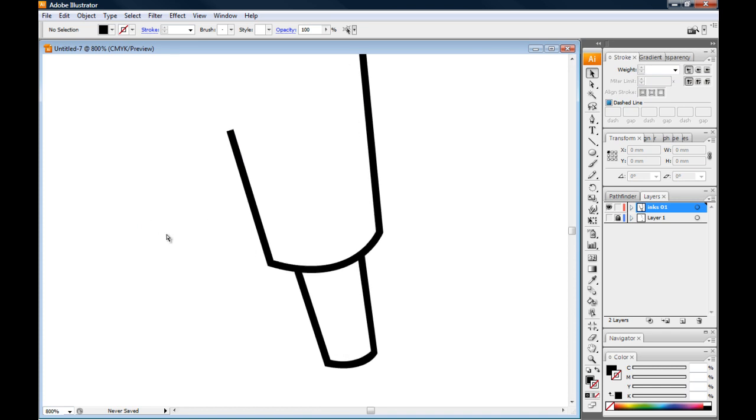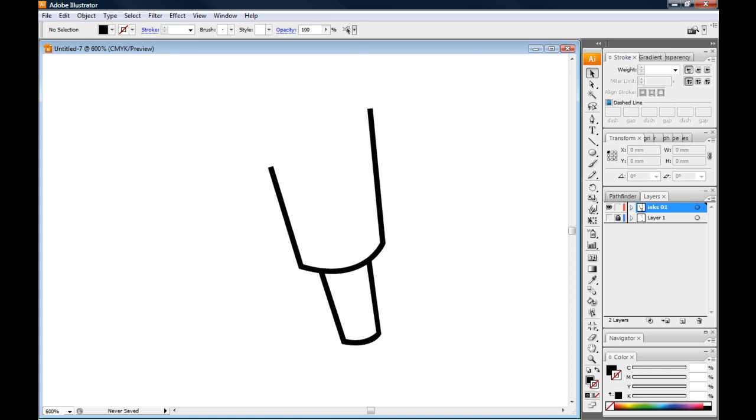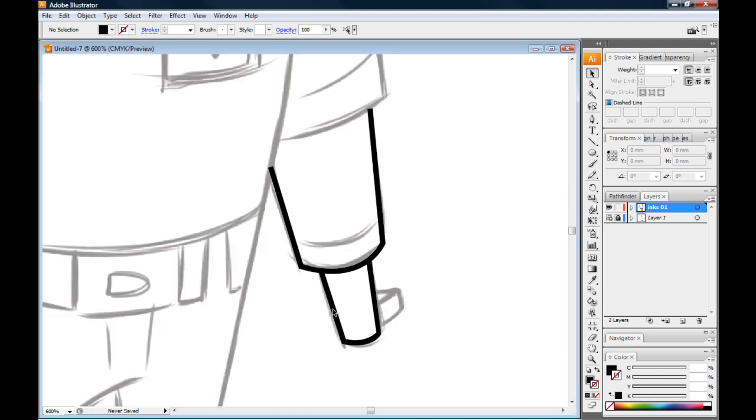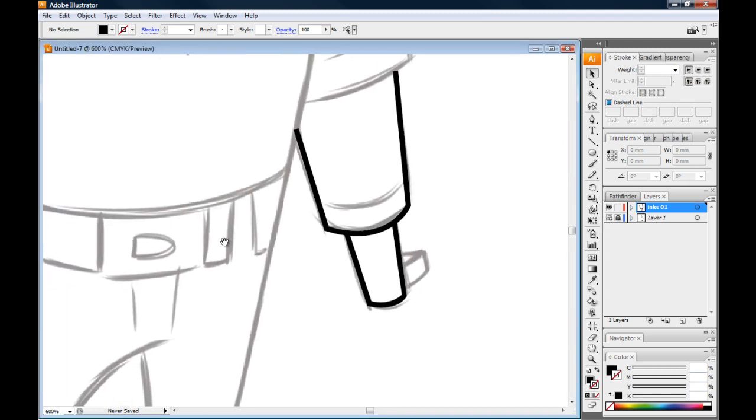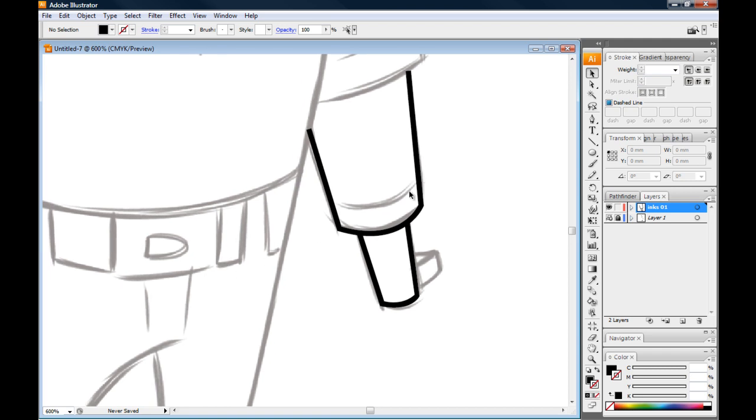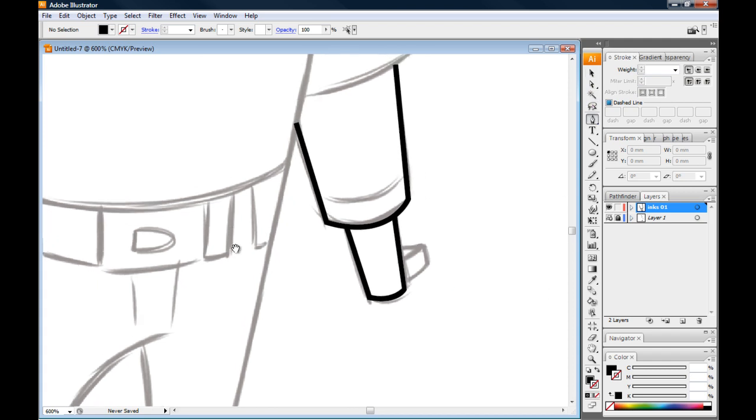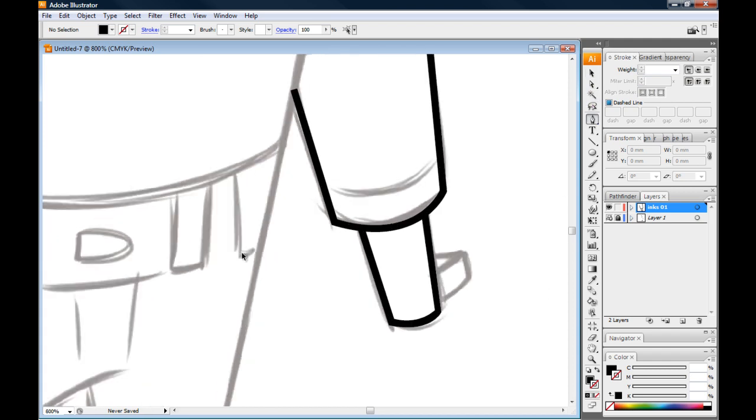Okay, so let's bring back the Cyborg. Okay, this piece here, this is just kind of a cosmetic part of the design. So just quickly to show you one of 2 ways to do this. I could come in